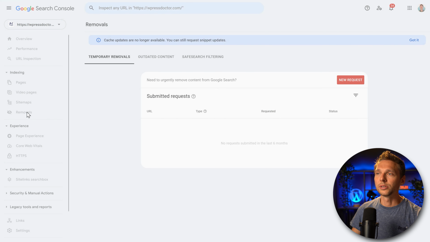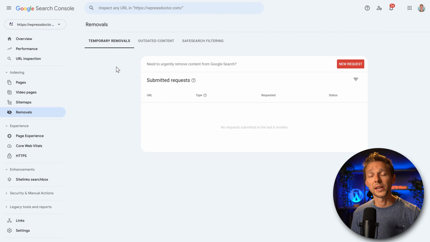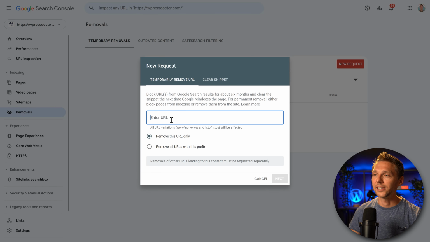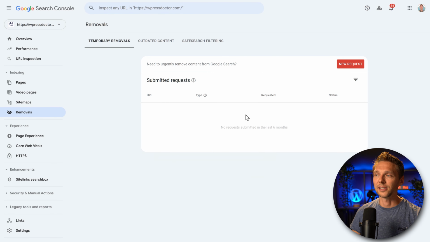All right, let's go to removals. If you want to remove pages from Google, and sometimes you have to do this if you are hacked or if you had some malware, then you can add in a new request, enter in the URL, and press on next. And then it will be added into here. And then you can see if the page will be removed or why not, or all these things. Just make sure to put it on 404 on your website, and this will speed up the process of removing the site from the Google index.